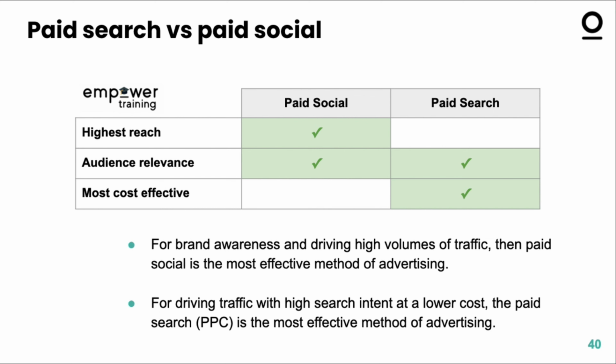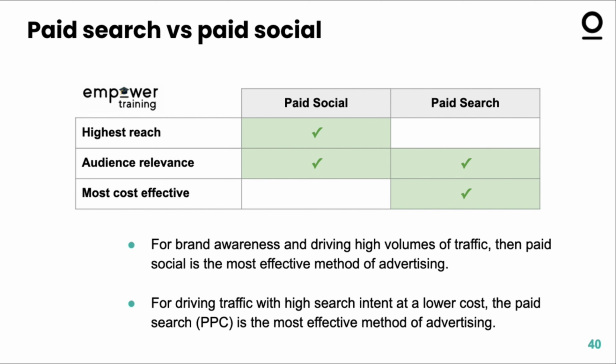Now, as I mentioned, you can be running adverts on social media platforms like Facebook or on paid search through a platform like Google. Those are summarized as paid social, which is social media ads, and paid search, which is Google Ads. We've broken it down a bit more here in how each one of those works in general. With paid social, we get a much higher reach because you're pushing your content into someone else's feed. Paid search is a bit of a lower reach because you're relying on people searching through different keywords to find you.